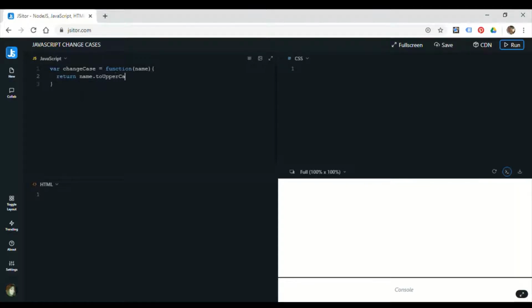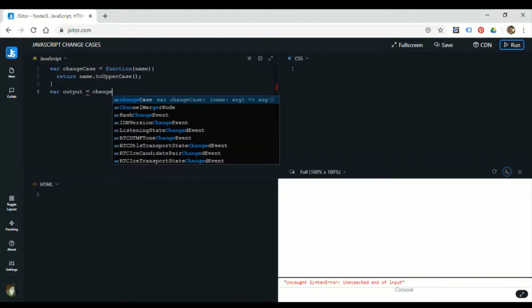Open up your code file. Mine is JSitter. It's just open. Go to your JavaScript code file. So let's consider a variable. Let's say change case, because here we are dealing with changing the cases. The naming terminology is up to you.